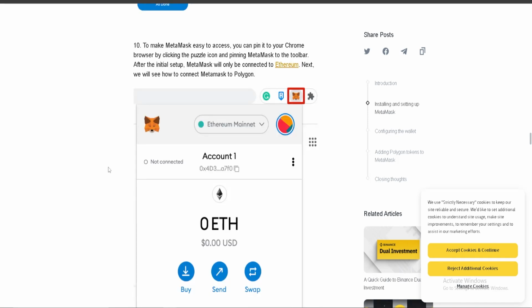To make MetaMask easy to access, you can pin it to your Chrome browser by clicking the puzzle icon and pinning MetaMask to the toolbar. After the initial setup, MetaMask will only be connected to Ethereum